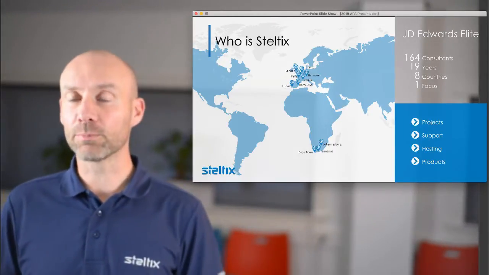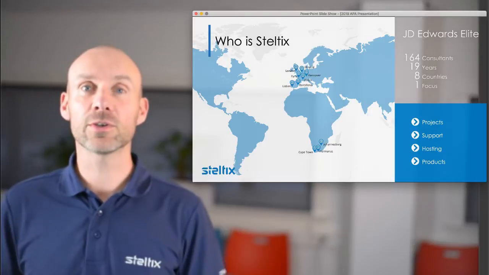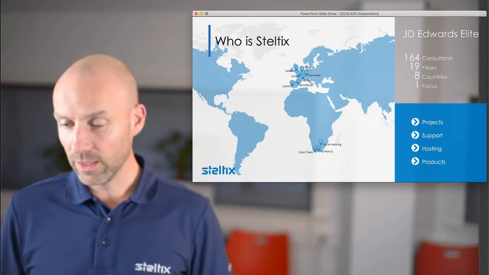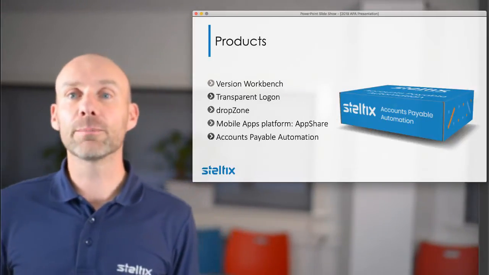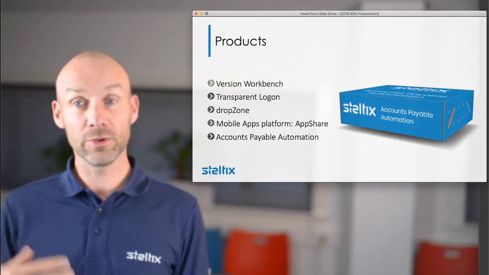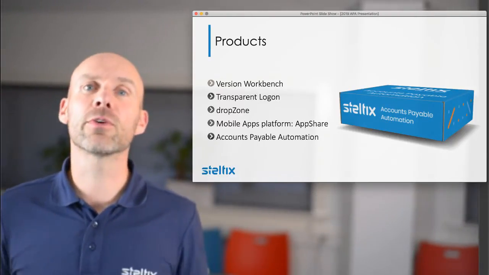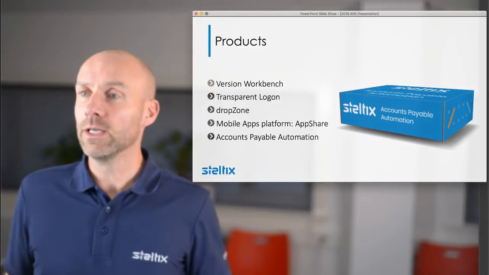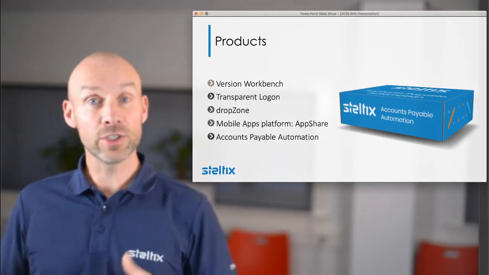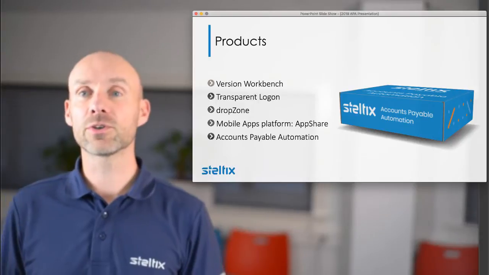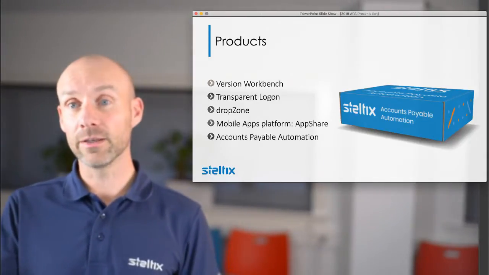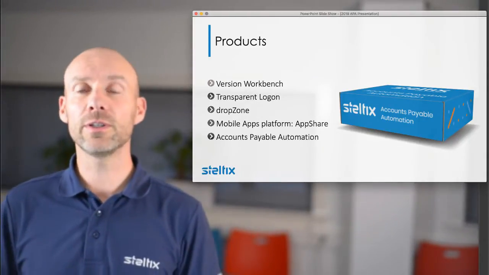Today we're going to look at products. Well, actually one product, which is APA. There are several products we built in the last years on top of JD Edwards, mainly because customers of ours saw functionality missing in JD Edwards. Some of you may already know or even use these products.